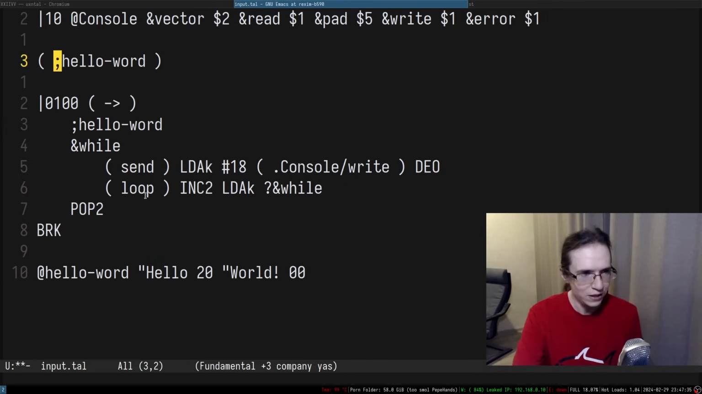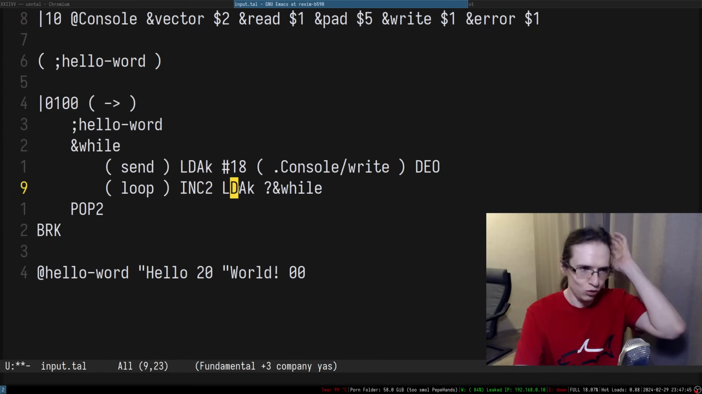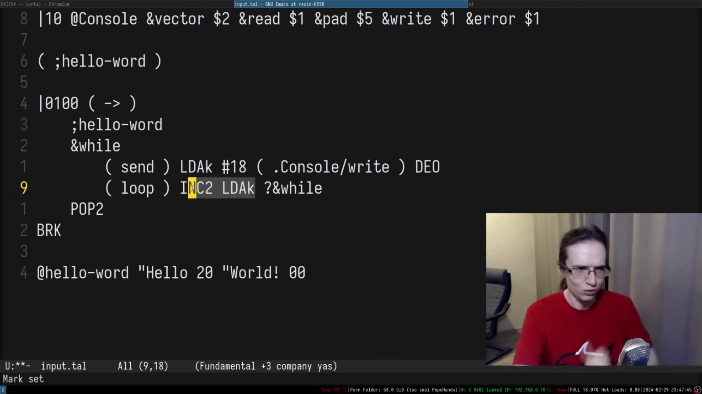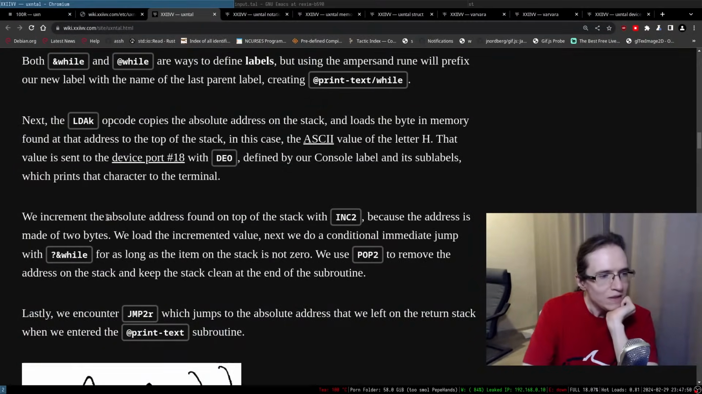Okay, makes perfect sense. So then we increment 2. I have no idea what that is. Why do we do increment 2? I would expect this to increment 1, but then we increment 2. And why do we load AK again? That doesn't make any sense, so let's actually read this. We increment the absolute address found at the top of the stack with increment 2 because the address is made of 2 bytes. We load...